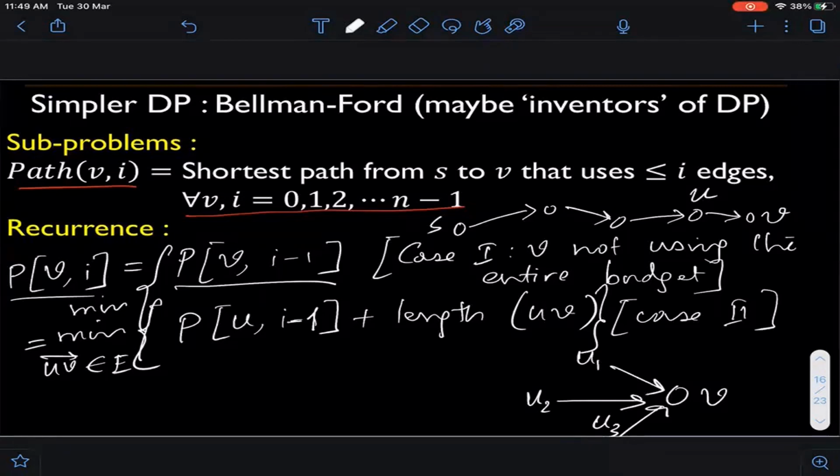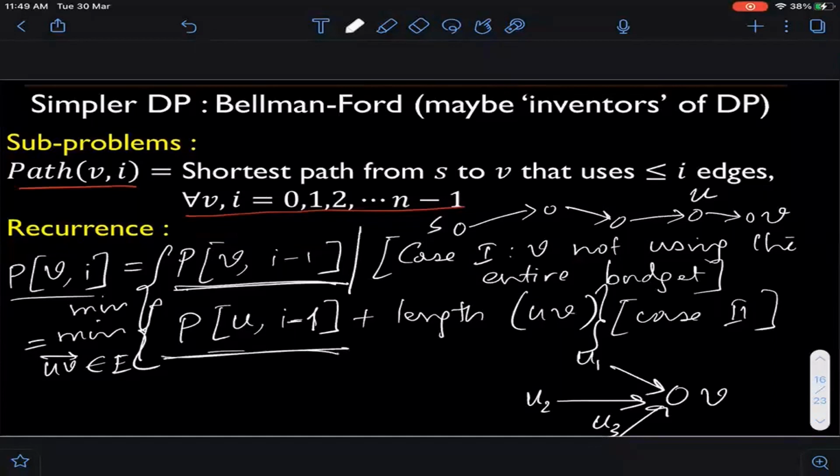You don't need that case. No, you need that case, right? Because see, these are... yeah, so what Kevin is asking is, why do we need case 1? No, Kevin, I think you need case 1. What do you mean? I mean, here, otherwise how will you do it? Because here you will only compute the paths which are I minus 1 or less.